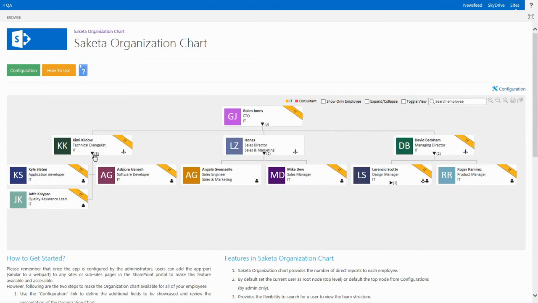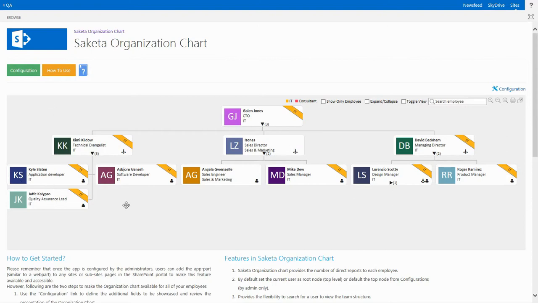And you also see the number here. So this essentially gives you a count of how many people report to you. So if you see, this is the number 3. So there are 3 people who report to Kimi Kidlo. And likewise, there are 2 people who report to iZones, and there are 2 people who report to David Beckham. So this is as far as the users are concerned.